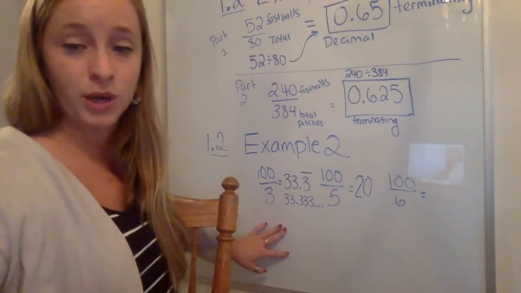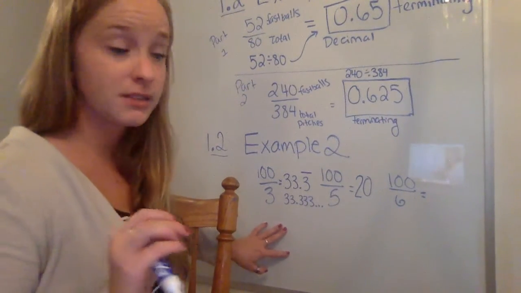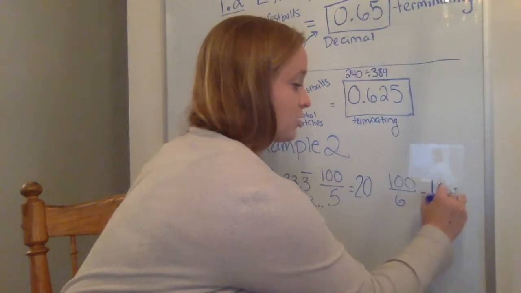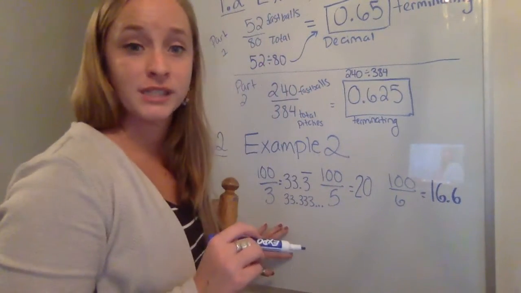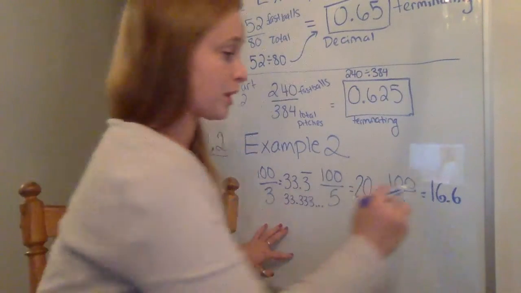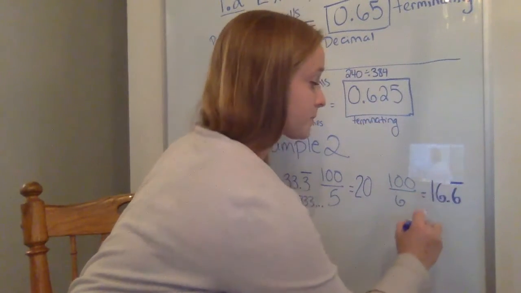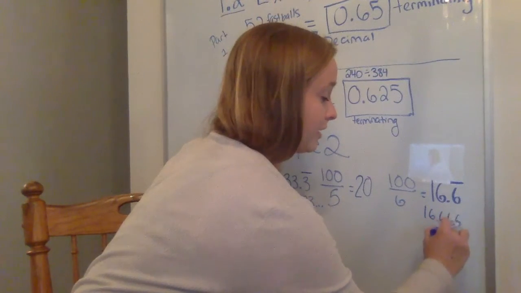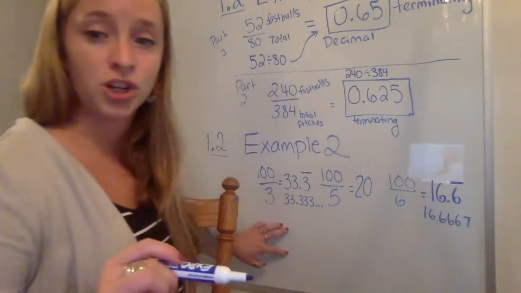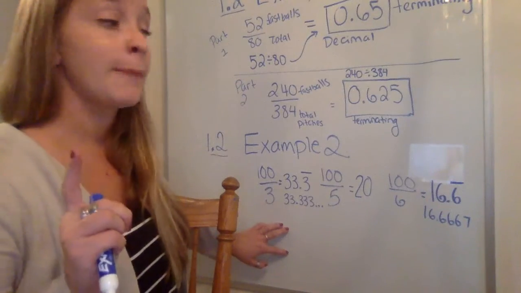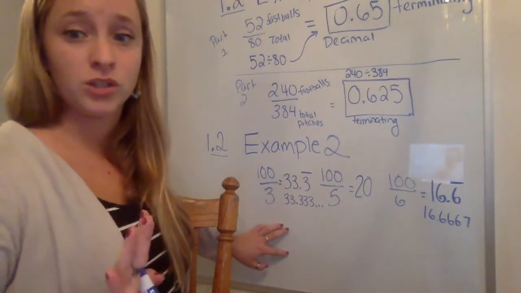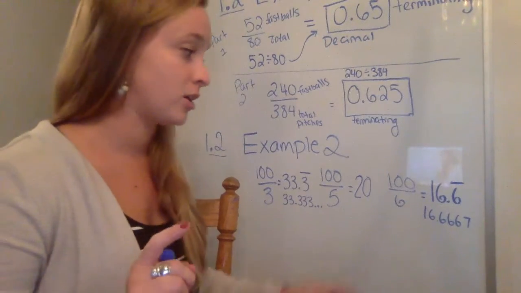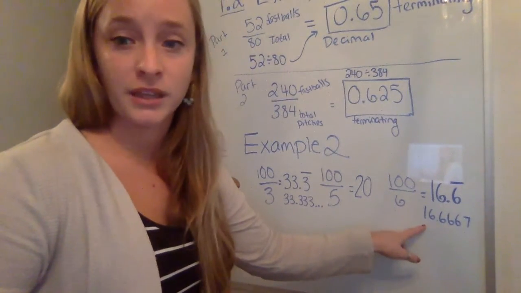And then my very last one, I have 100 divided by 6, which when, again, I do it on my calculator or with long division, I have 16.6 and it's going to repeat. So I'm going to add that little hat again. So it would probably look something like this on your calculator and only give you a certain number of place values. Now, I know that I've been talking fast, so I will slow down just a second because your calculator or maybe even your phone calculator might come up with something like this,